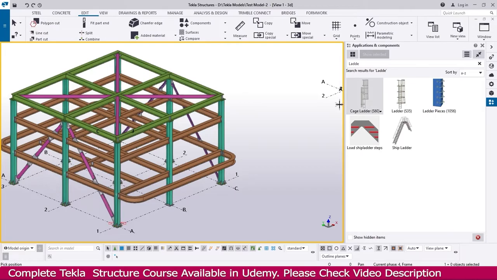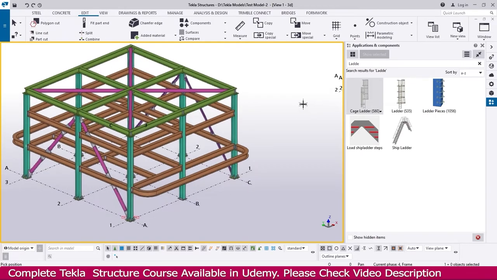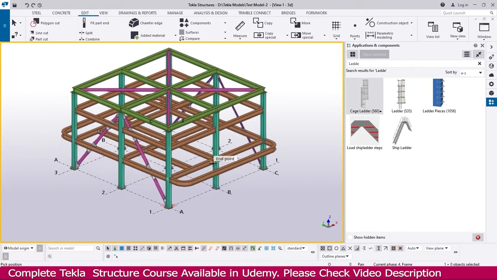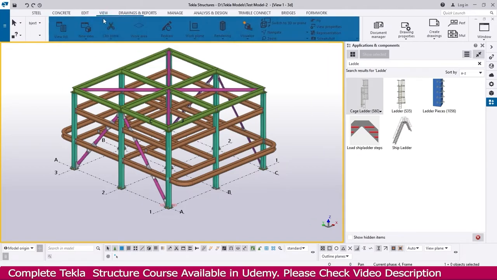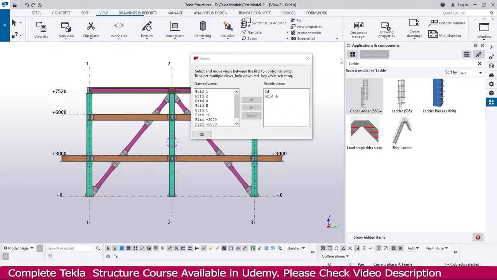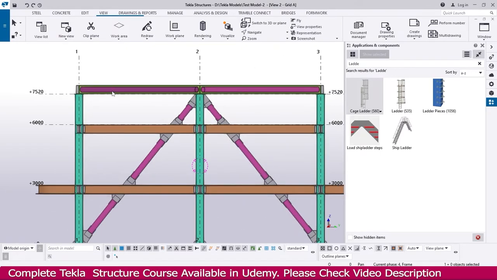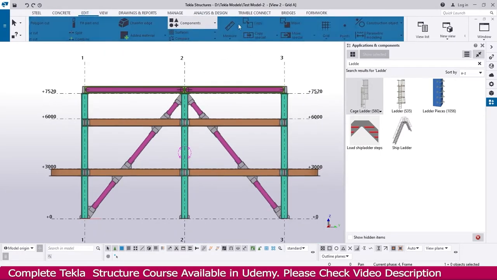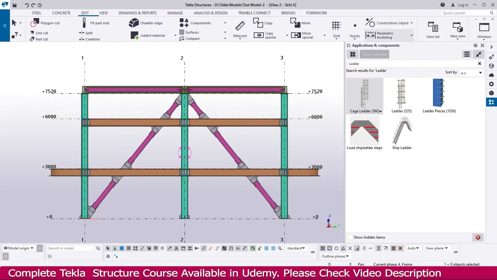Now to create this ladder, first we need to fix our points: in the platform top where we need to create, and the bottom location where we need to fix. For that, first I go to this grid A view. So just go to the view and select the view list. Select here grid A. Now you will get the grid A view, and go to the edit and just click here